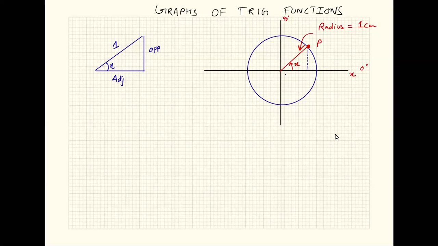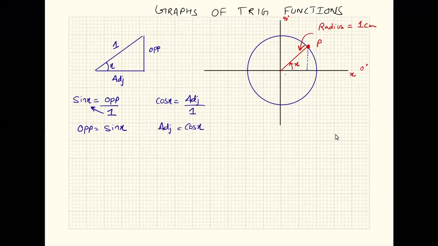Now, if you recall the three trigonometric ratios, that was sine x and cos x, if I take sine x is the ratio of opposite over 1. What was the ratio of sine x? Opposite over hypotenuse, and hypotenuse is 1. So opposite length is going to come out as 1 times sine x, which is just sine x. And cos x was the ratio of adjacent over hypotenuse. So adjacent length over here is going to come out as 1 times cos x, that is cos x.